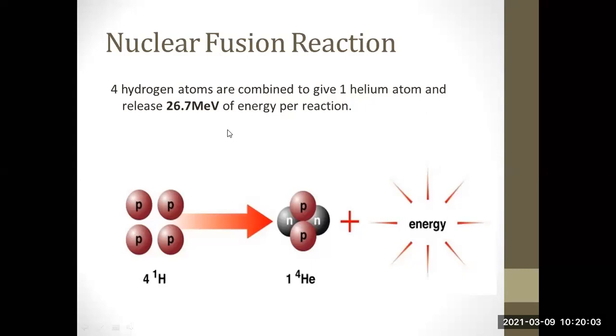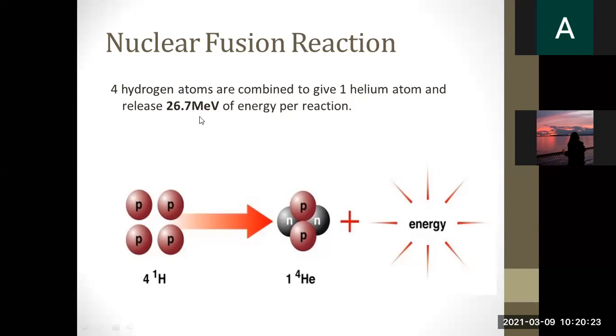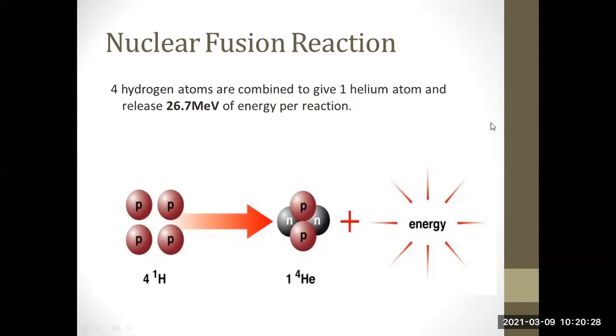Yes sir. Okay, so I want you to write down this nuclear fusion reaction. Write down: 4 hydrogen atoms are combined to give 1 helium atom, and the mass difference is converted into an equivalent amount of energy, and the output is 26.7 mega electron volt of energy per nuclear reaction. सभी ने इक्वेशंस लिखना है. 4 hydrogen atoms are combined to give 1 helium atom, and the mass difference is converted into energy, which is 26.7 mega electron volt. नोट डाउन कर लिया?